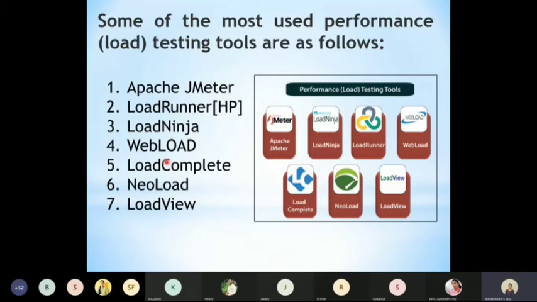Apache JMeter is open source, and users or developers use the source code for the development of other applications. LoadRunner is the most powerful among all these tools. LoadNinja helps product teams and test engineers to write test scripts about the tests which have been run. LoadComplete is used to create and run automated tests for web servers and web services. NeoLoad is used to test performance in test scenarios, and it is especially used for bottleneck areas in web and mobile applications. LoadView is used to perform load testing in a real browser that will give correct data.